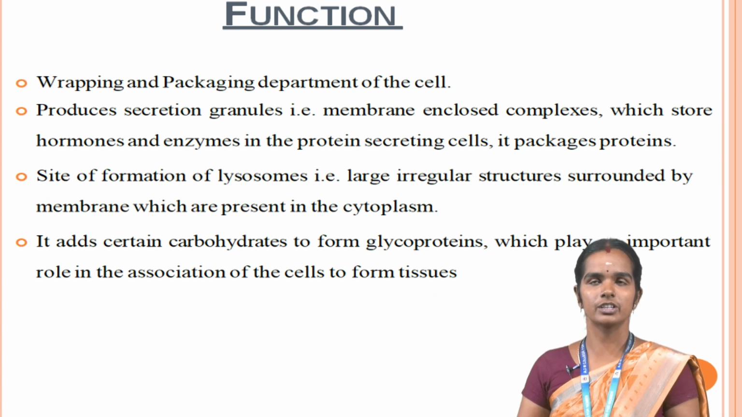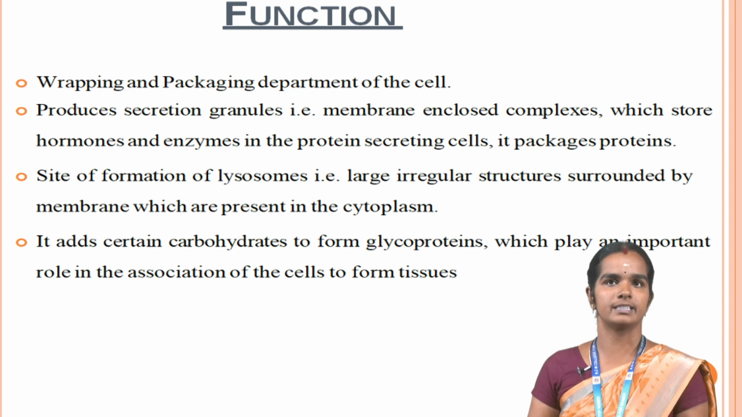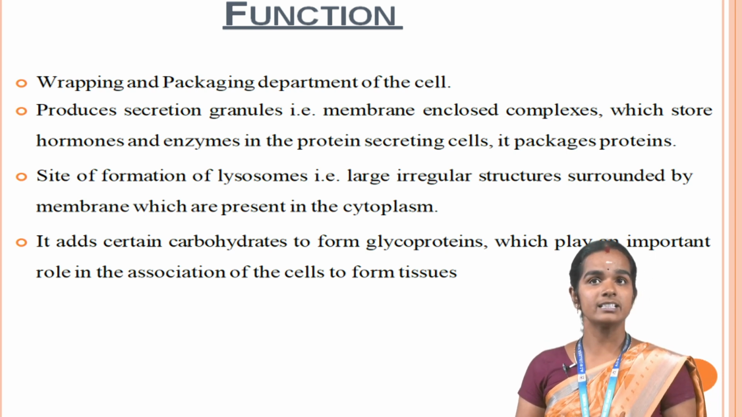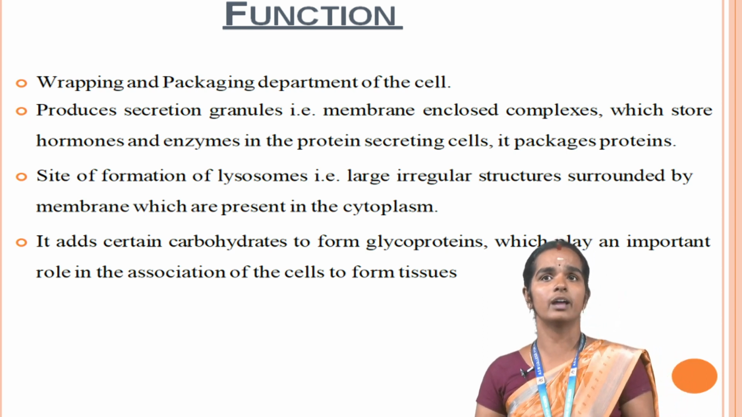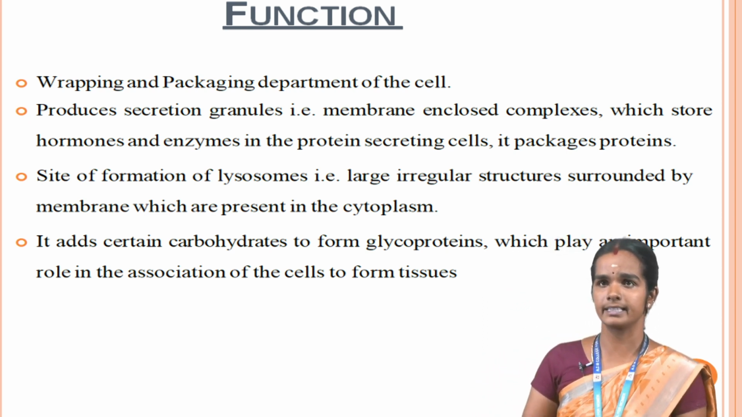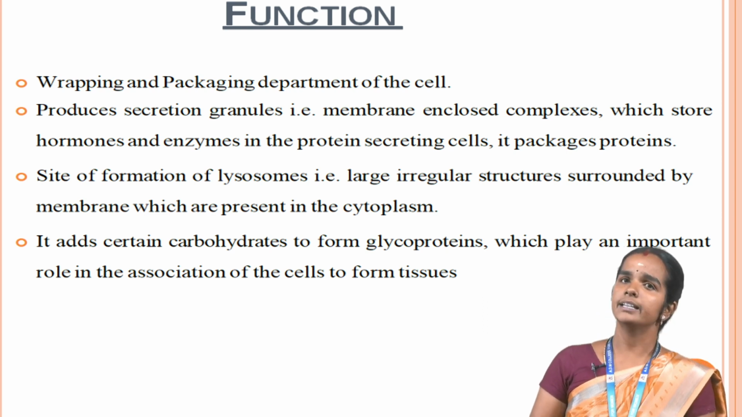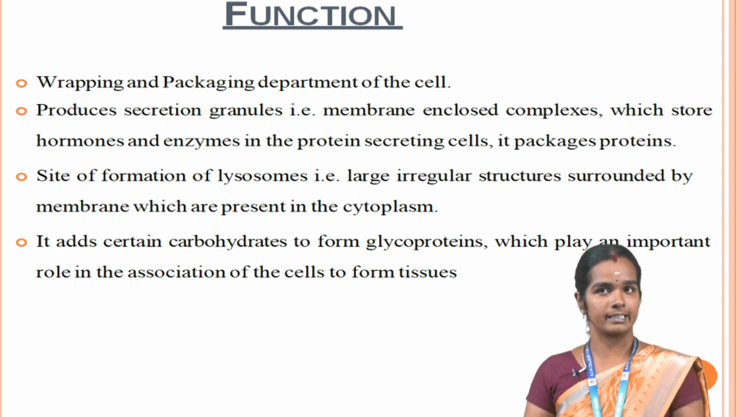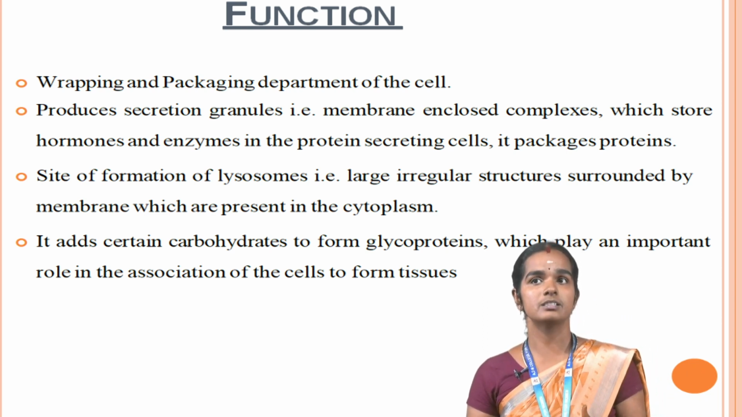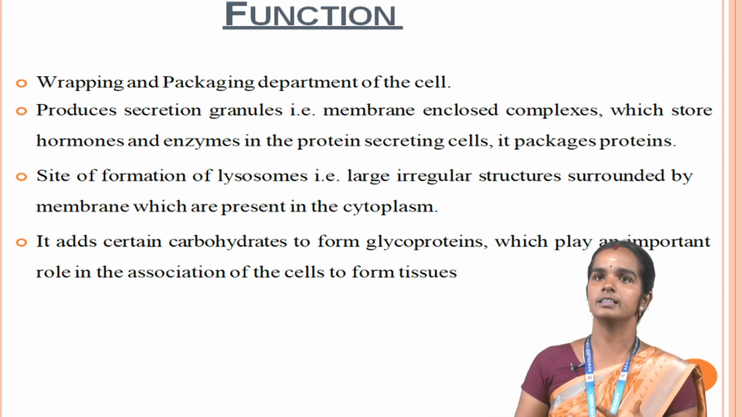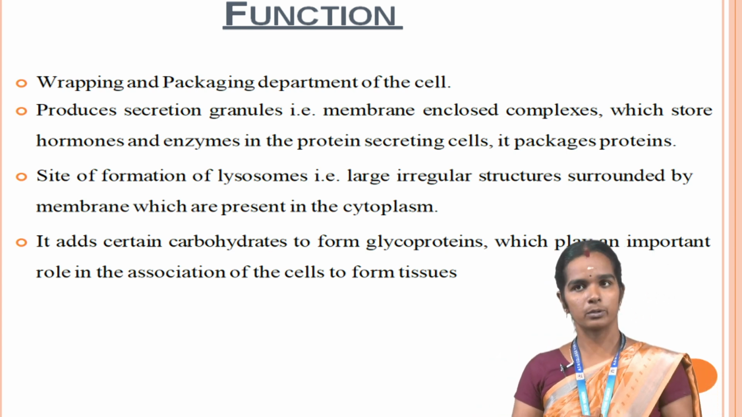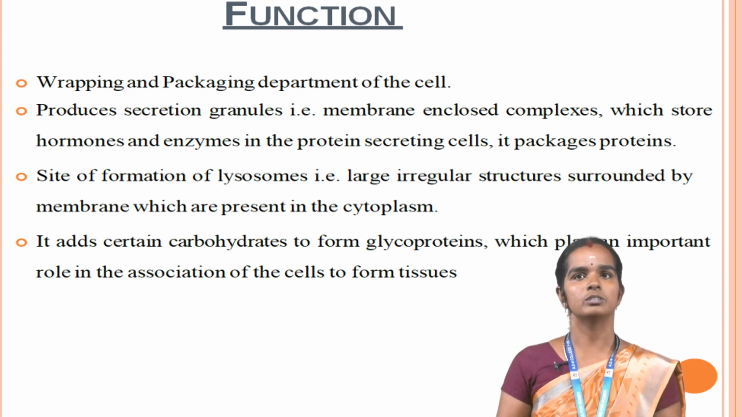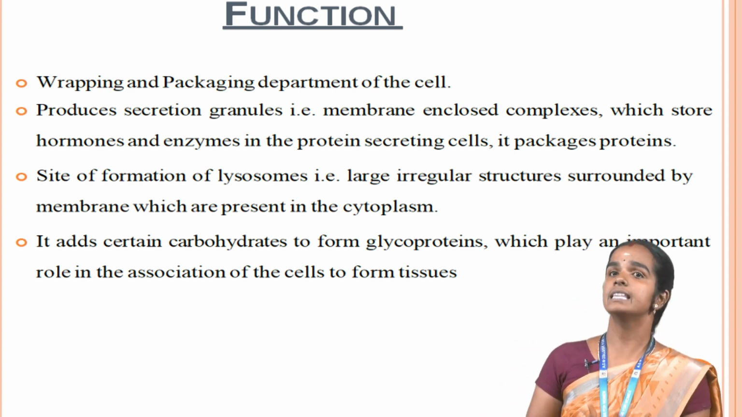This is the function of the Golgi complex. It is the wrapping and packaging department of the cell. It produces secretion granules, for example, membrane enclosed complexes which store hormones and enzymes in protein secreting cells, and it packages protein. It is the site of the formation of lysosomes, for example, large irregular substances surrounded by a membrane which are present in the cytoplasm. It adds certain carbohydrates to form glycoproteins, which play important roles in the association of cells to form